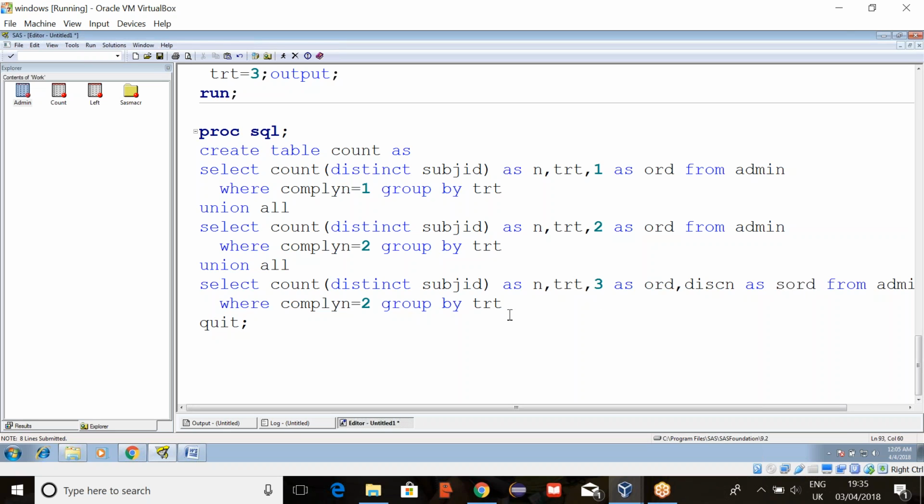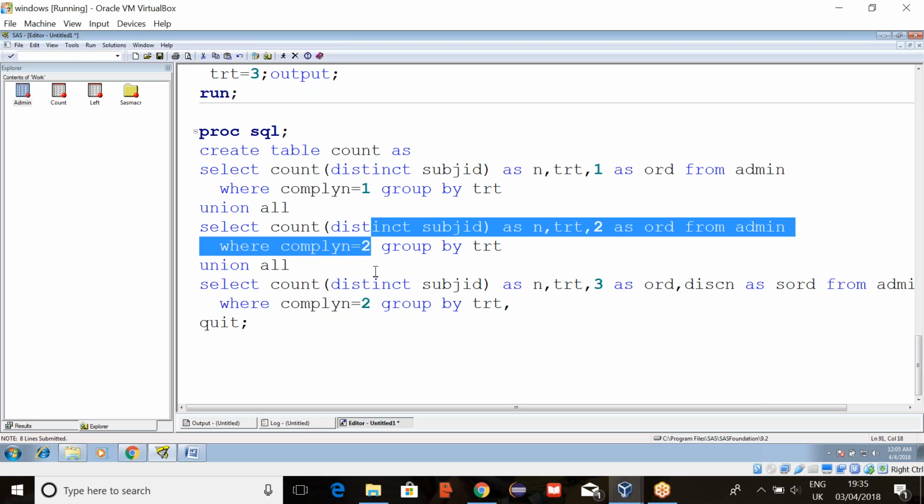And also we have to group by 3. We have to use 3, right? No, this is completion. This is different. This is the order we are creating. This variable in the dataset has 1 and 2. 1 means completed, 2 means discontinued.